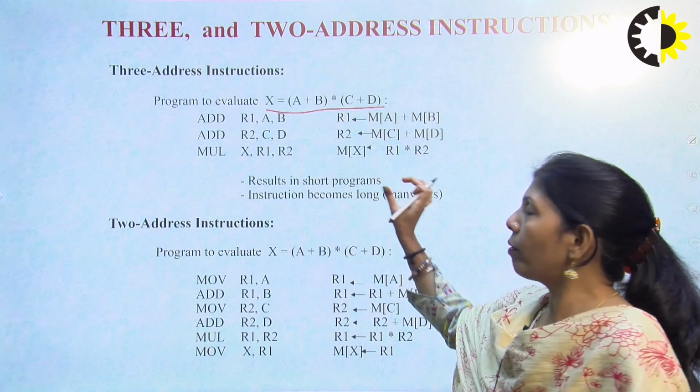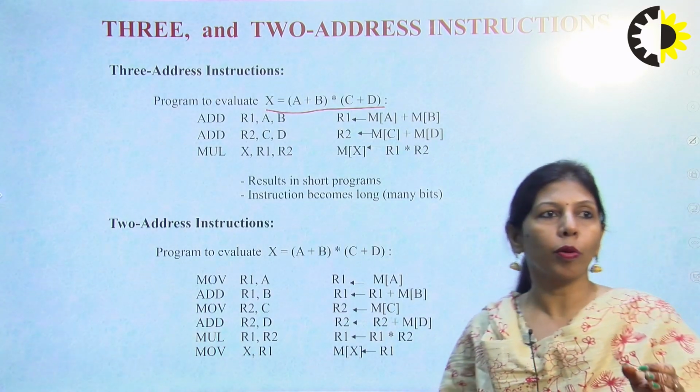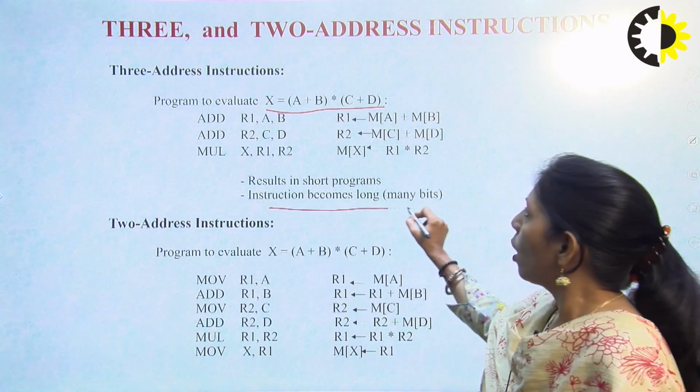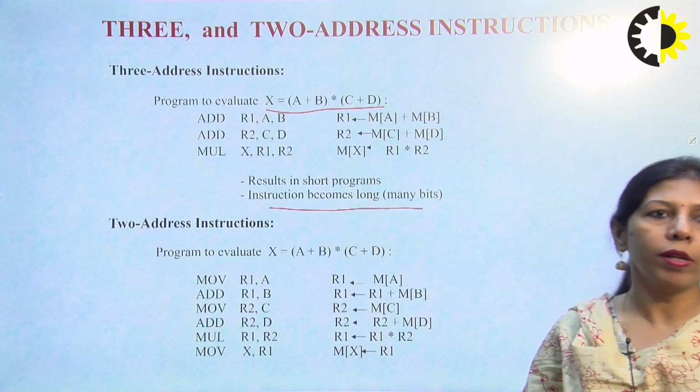So the 3 address instruction will result in a short program. It gives short programs, while the instruction itself becomes very long if we are using the 3 address instructions,